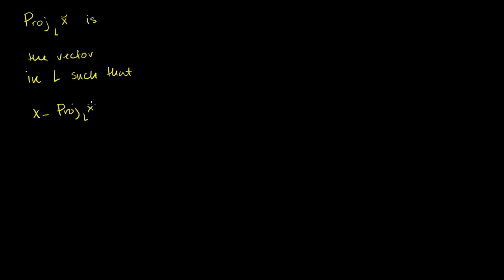I'm going to do one more video where we compare our old and new definitions of a projection. Now, our old definition of a projection onto some line L of the vector x is the vector in L, or that's a member of L, such that x minus that vector, minus the projection onto L of x, is orthogonal